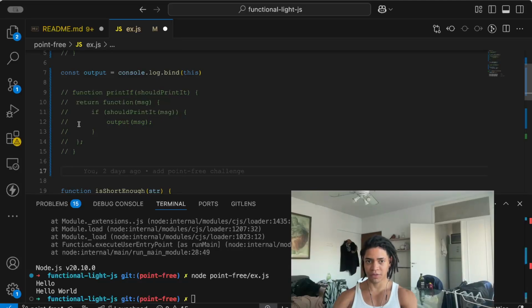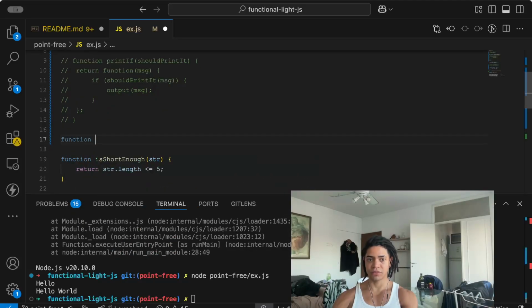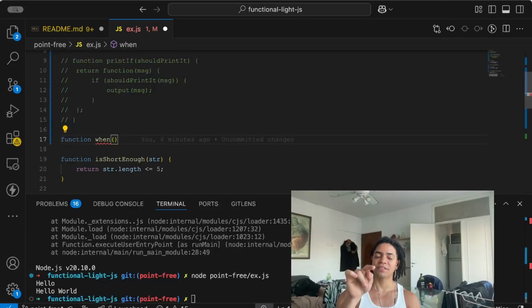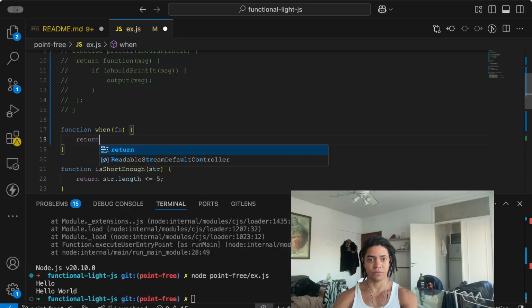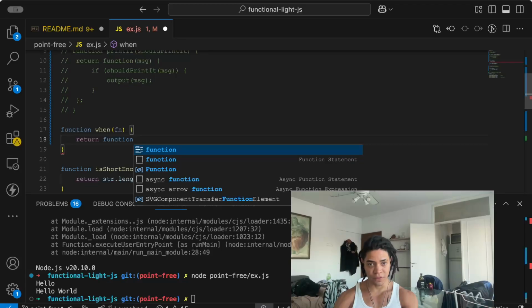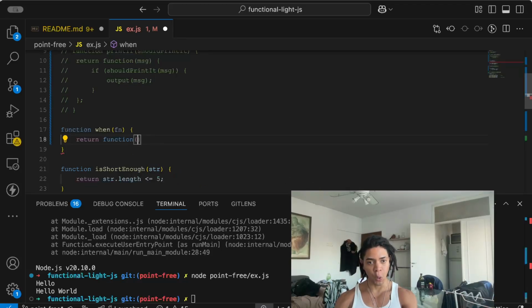So in other words, I'm going to create this function, and here we are describing a semantic relationship. So when we call this function, we want to return another function, or another call. In other words, we want to invoke another function that will contain the predicate,